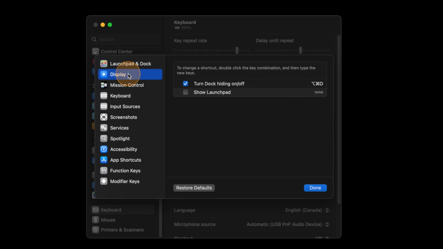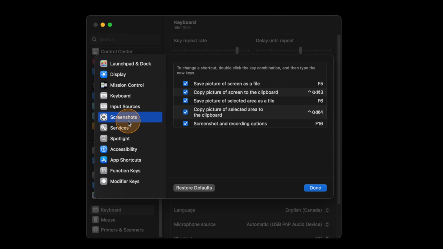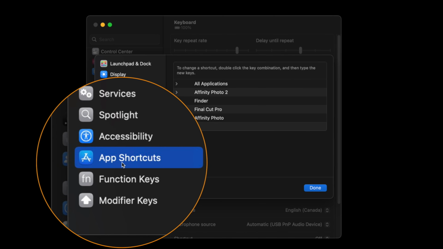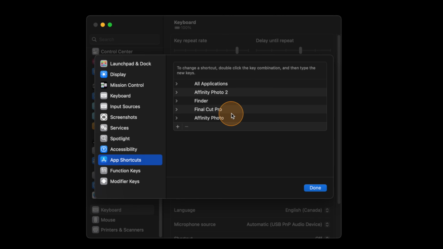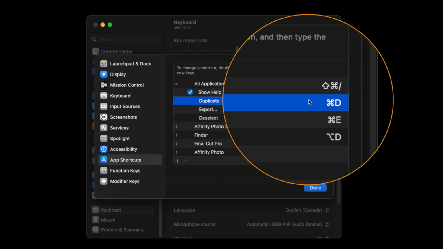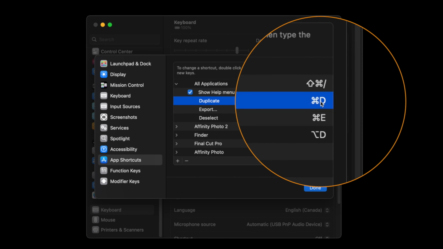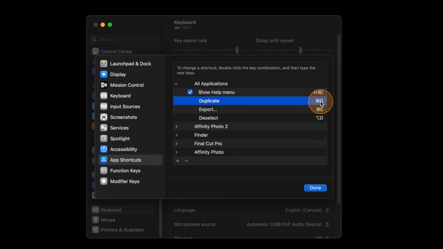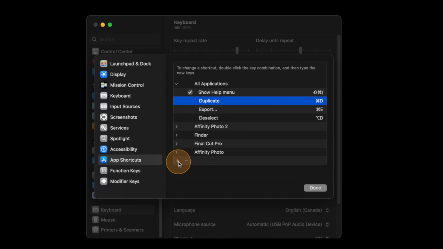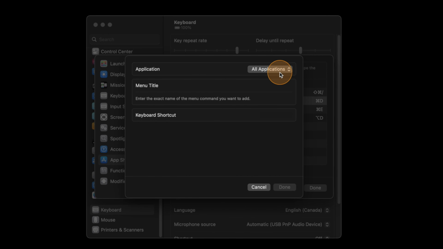Here you have all the shortcuts of your computer, but the part that we are interested in is this one, the app shortcuts. So in this one, you can modify anything. As you can see here, I have some shortcuts I have modified for some applications. For example, this one, duplicate, I liked it to be Command Delta, and it's not that way on every software. So what I did is that I hit that plus over here, and then it's on all applications, and